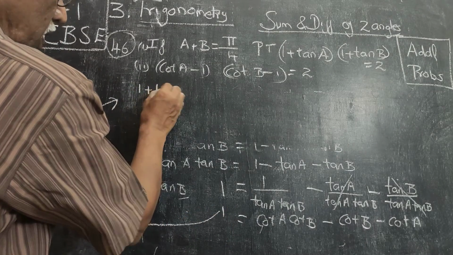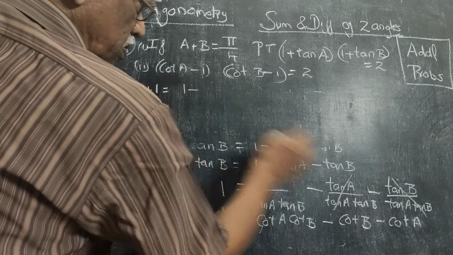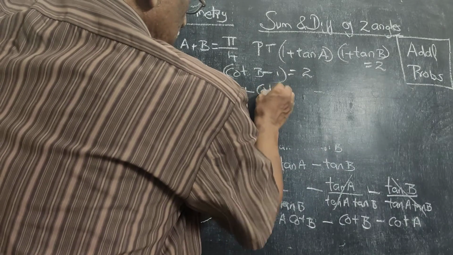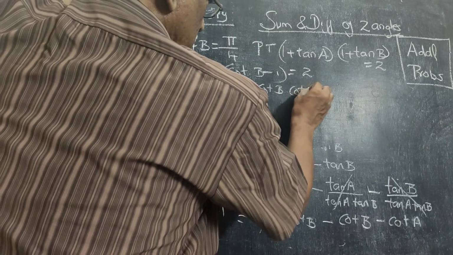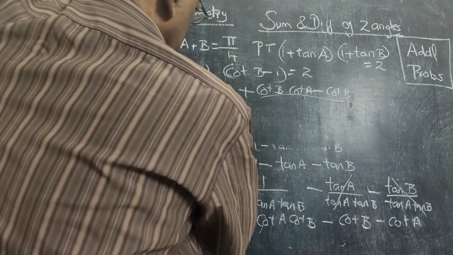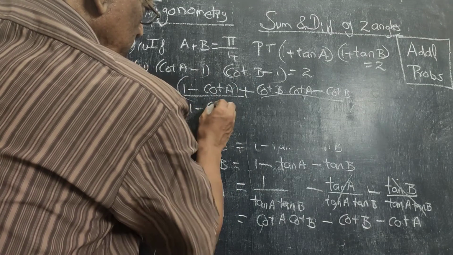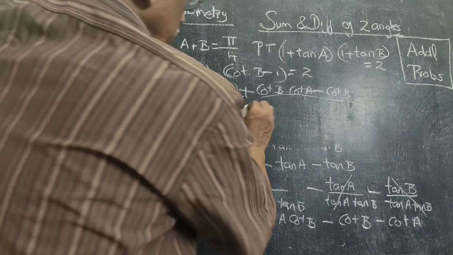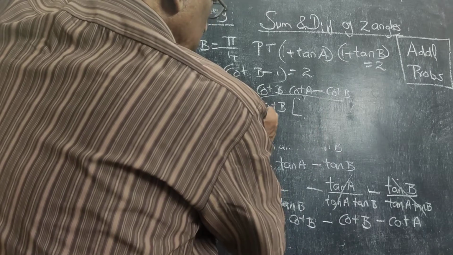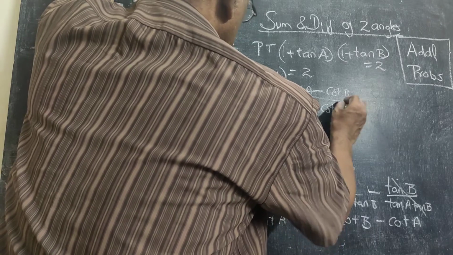So this is 1 plus 1. Here it will be 1 plus cot A cot B minus cot A, I have put it first, plus cot B, cot A minus cot B. So club these two things and club those two factors. So what you are getting here, 1 minus cot A. With this, when I am taking cot B, minus cot B, you take it. So you will be getting 1 minus cot A.